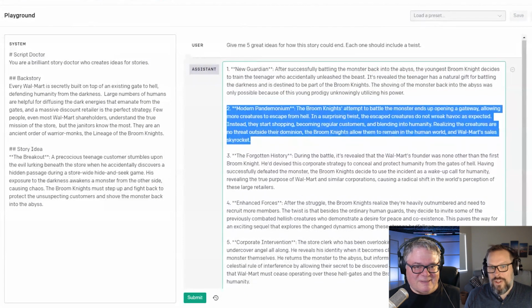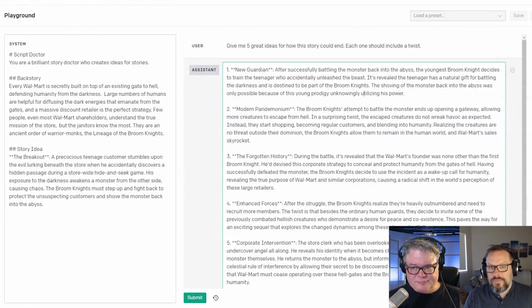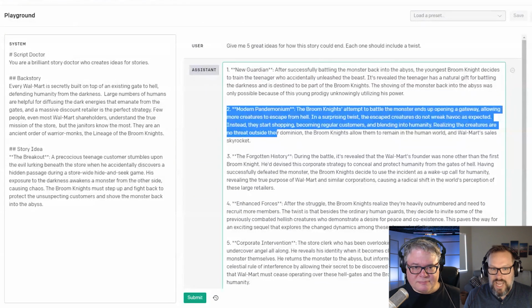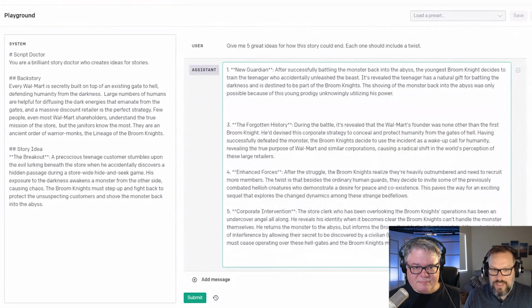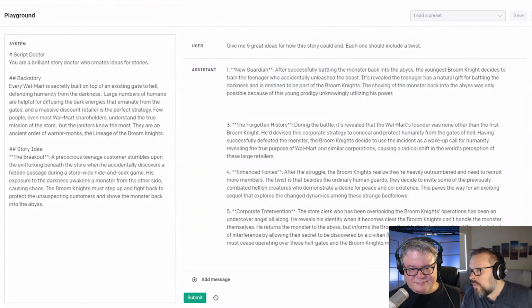Okay. Now, just a quick note here. If we wanted to, we could actually change this output. That's something you definitely can't do with ChatGPT. You could change this, and the next time I ask it for 5 more ideas, it would go with whatever format or input we gave it. So I'm not following. Okay, I'm gonna copy this off to just show you this idea. I'm gonna copy this off to a secret notepad on the corner over here so that I don't lose it.